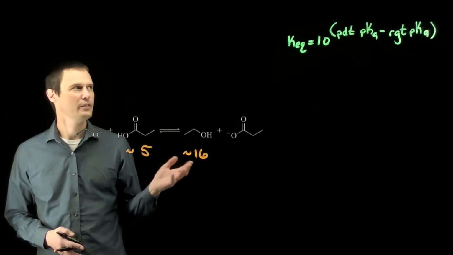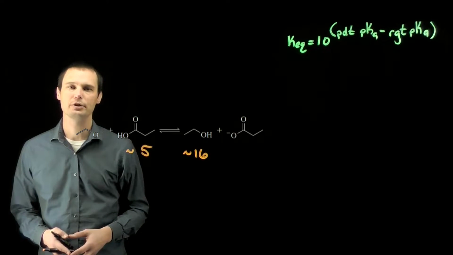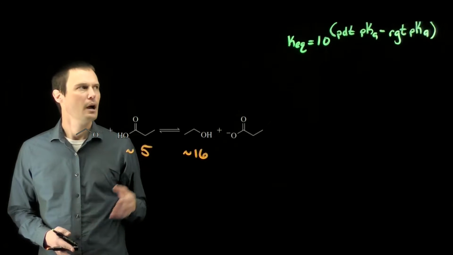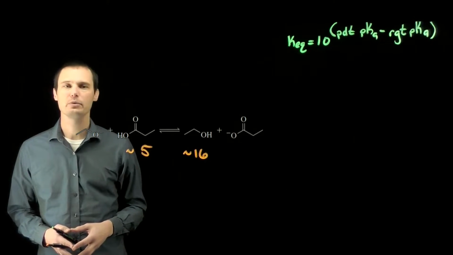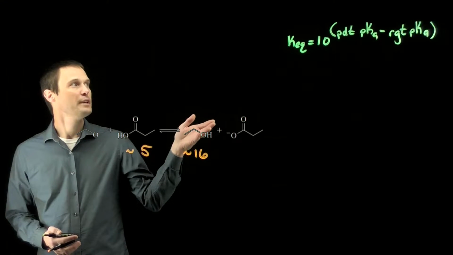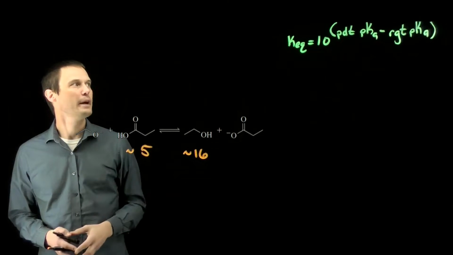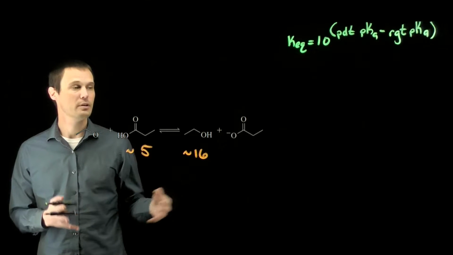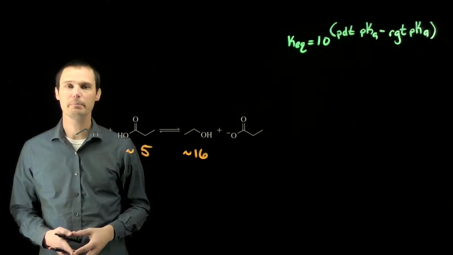This assessment asks us to calculate the KEQ value for this acid-base reaction, predict which side of the equilibrium is favored, and explain why. Our equation for the KEQ value for an acid-base reaction is 10 to the pKa of the acid on the product side minus the pKa of the acid on the reagent side. That means we need to know which molecule is the acid on each side of the equilibrium and what its